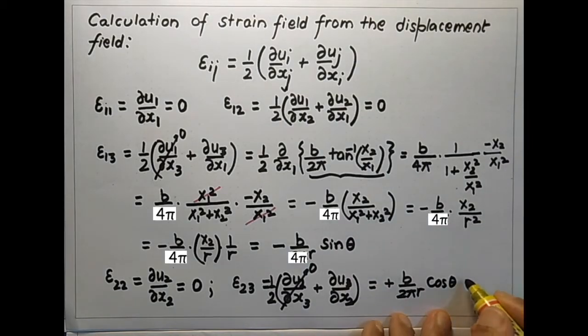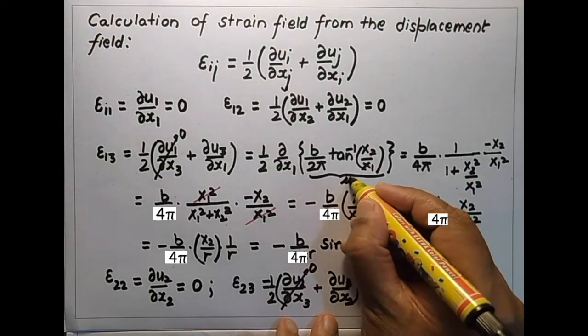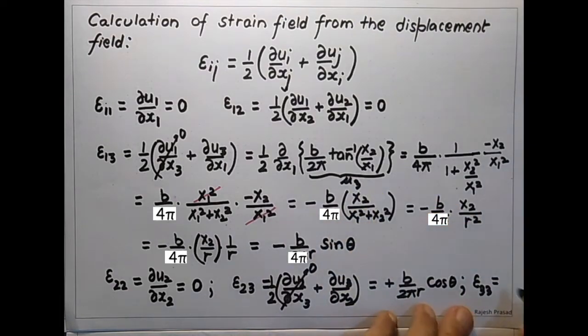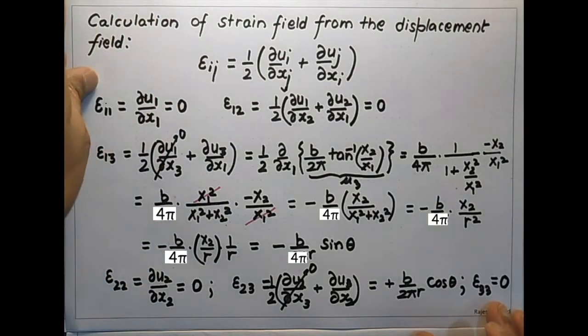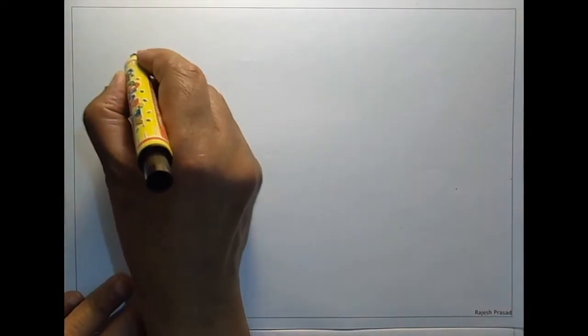And finally, epsilon 3 3 is del u3 by del x3. u3 is not a function of x3, so epsilon 3 3 will again be 0. So we have got all the 6 independent components of the strain tensor, and so we can now write the strain tensor as